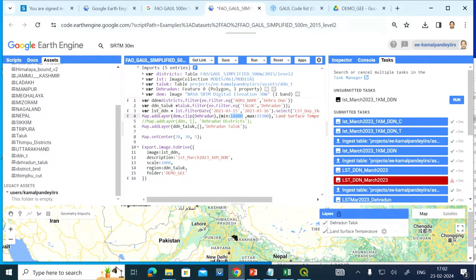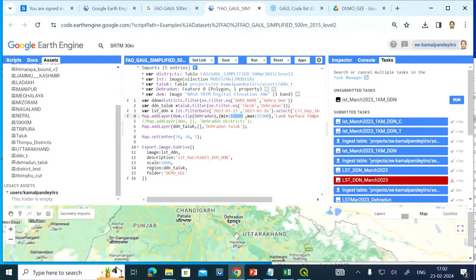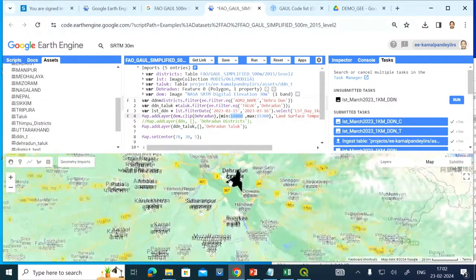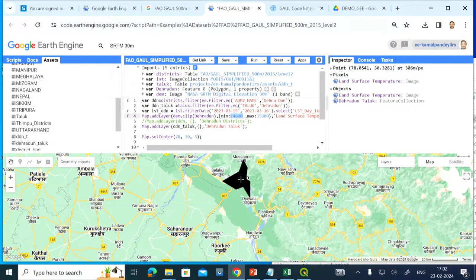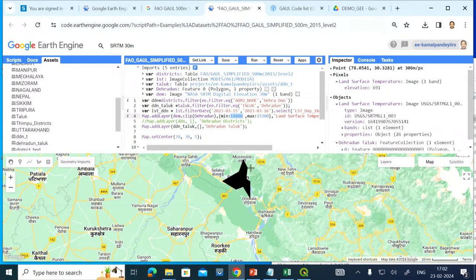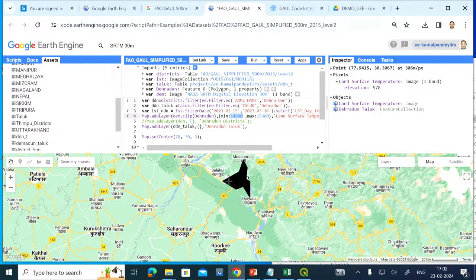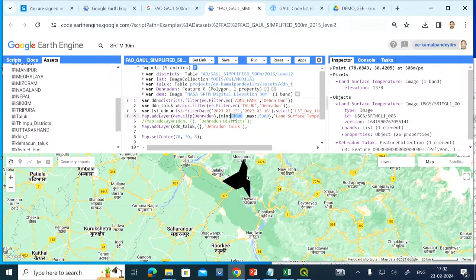You can see here the DEM value, these are your elevation values. Now these elevation values are all showing dark. Now I will go to the inspector and check it here. What are those values? 691 meters, basically 1503. At this level it is 563. You can see it over here. So the values are ranging from 500 to, let us say, 1530. So I can say here 500 to, we will say 1500.